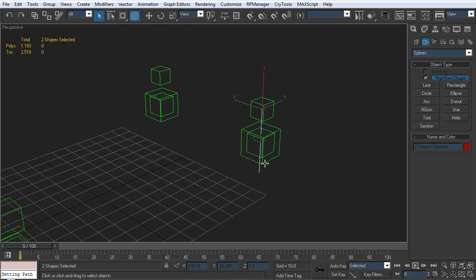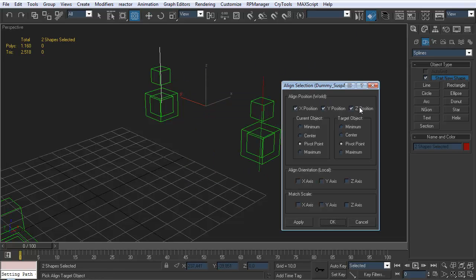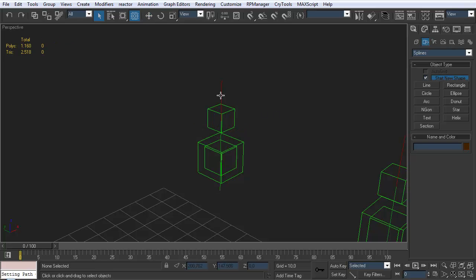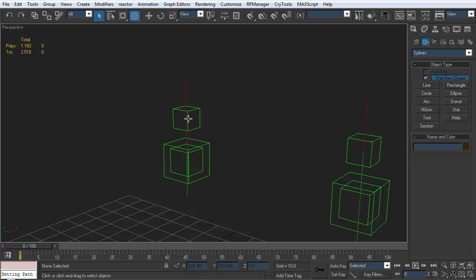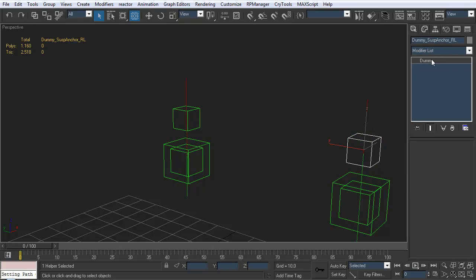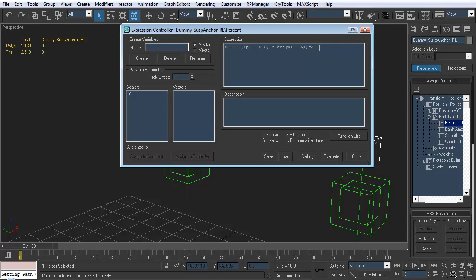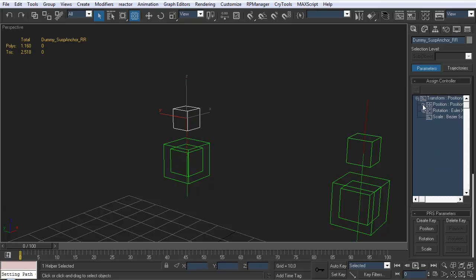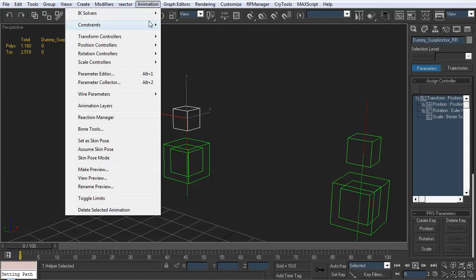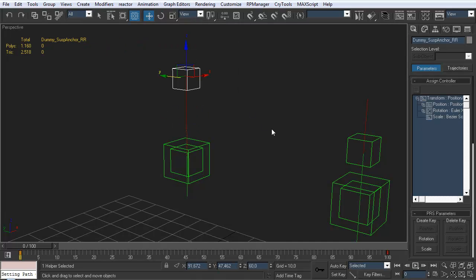To do that, we select the 2 lines, move them as copies, align them to either of these objects. Make sure to turn off Z position so both objects stay in their own Z position. We select them and we will rename these to rear right. Now we don't need to type the expression again entirely. We're going to go into the motion panel of the one we just worked with, go to properties again, select the expression, hit Ctrl C, close it, go to the new suspension anchor, and we need to add the path constraint first. So constraints, path constraint, link it to this one,